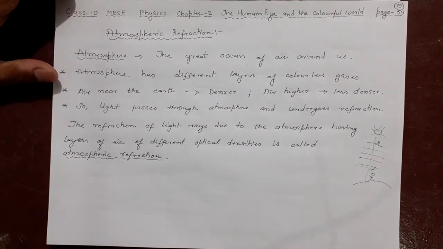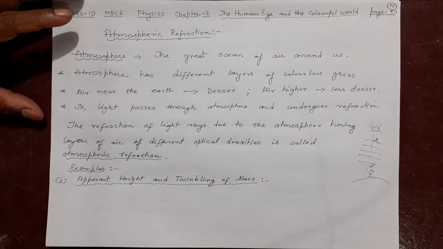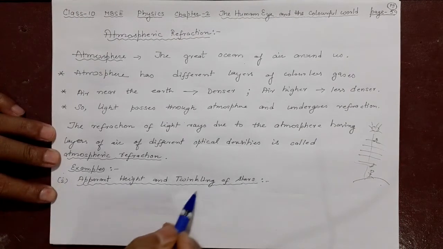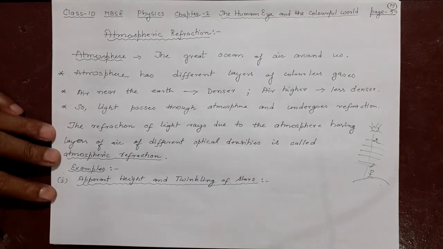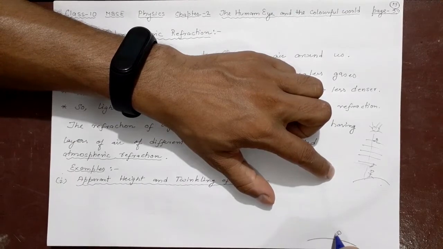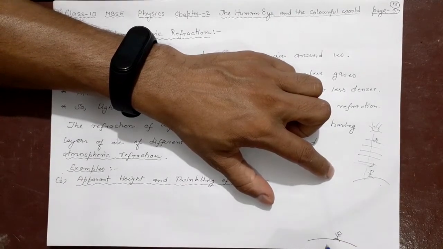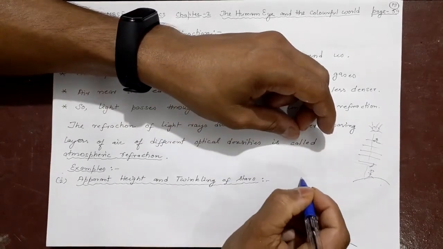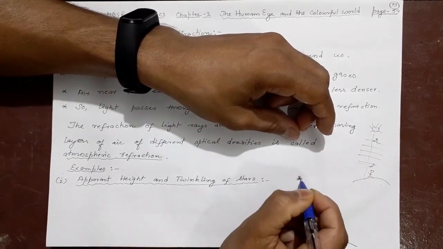Now there are physical applications also. Example, first is apparent height and twinkling of star, which can be explained using this atmospheric refraction. Now suppose you are on the surface of the earth, standing here at night. This is earth and you are standing here and you are trying to look at the star. This is suppose the star in the sky,